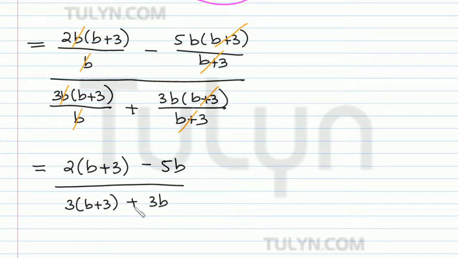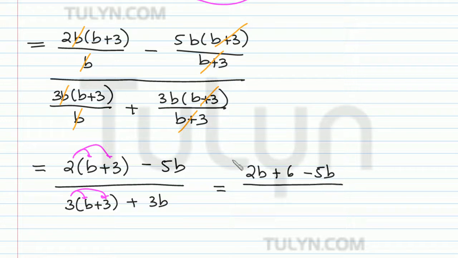in the denominator. So now we've managed to get rid of all of the fractions, which was the goal in multiplying the top and the bottom by the LCD. And this is a much simpler thing to have to deal with. So now let's distribute the 2 into the sum and then the 3 into the sum of the bottom in one shot. So we get 2b plus 6 minus 5b in the numerator, and then 3b plus 9 plus 3b